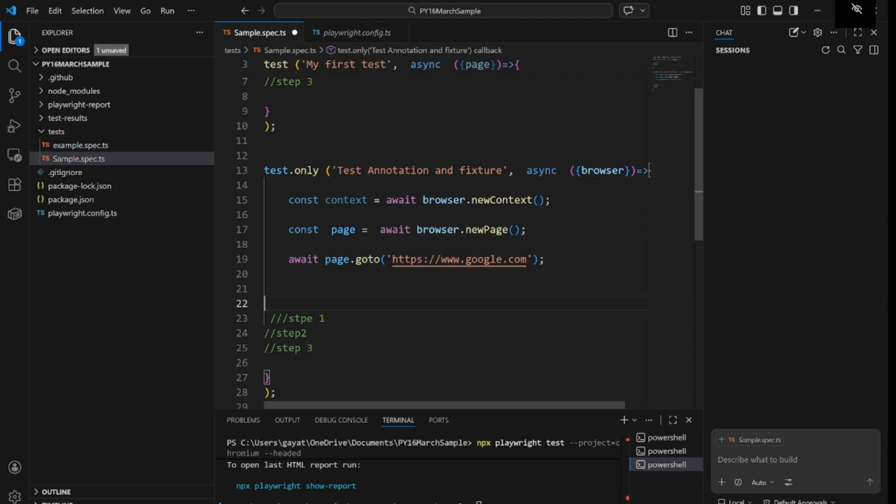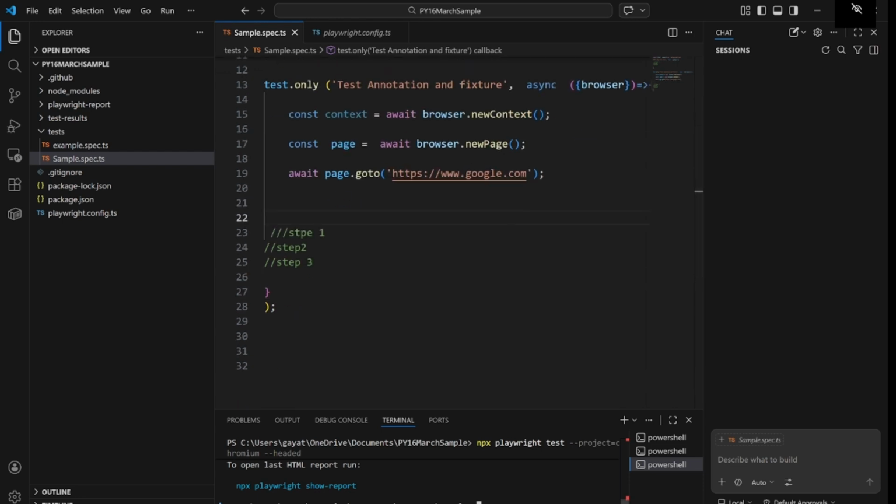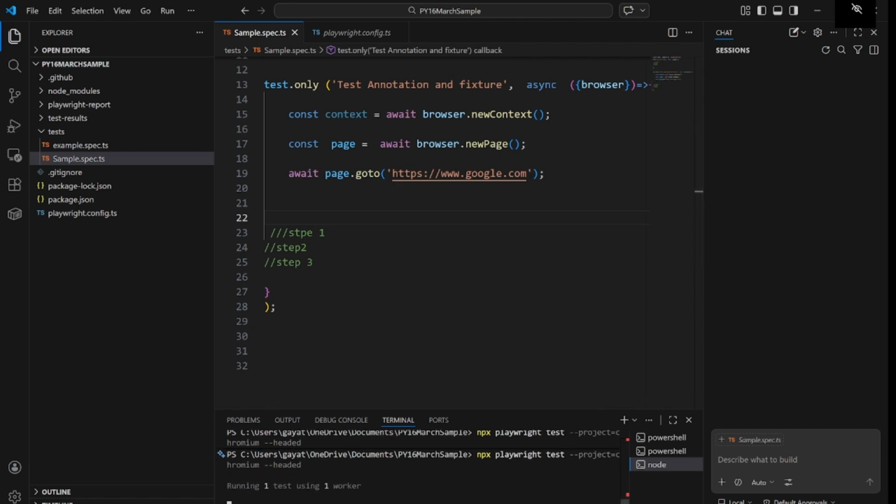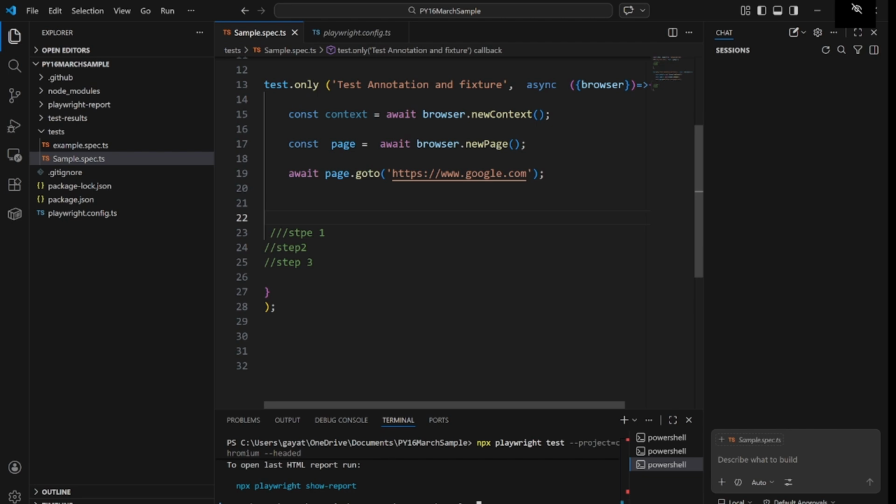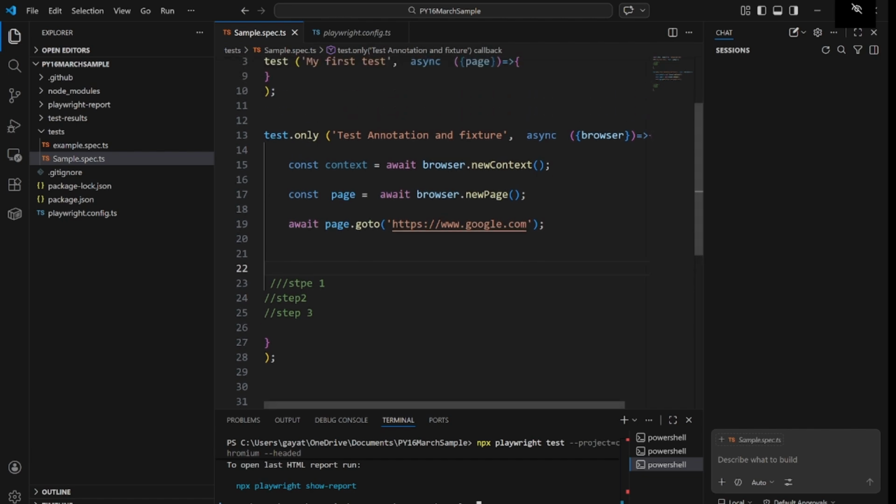Okay. So in this way, what happened? It will launch a fresh browser, right? So now let's run this. You're running the project in headed mode with Chromium, so it should launch a browser. It launched the browser. It's open. It happens very quickly, but I hope you have seen it. So this is basically your browser context, for which you are providing the details.